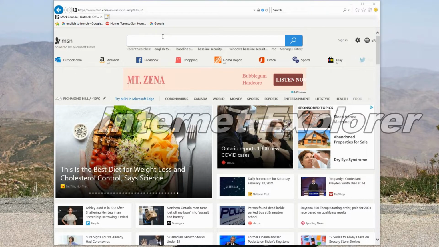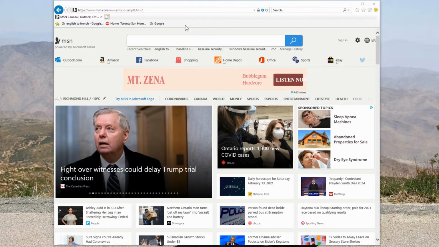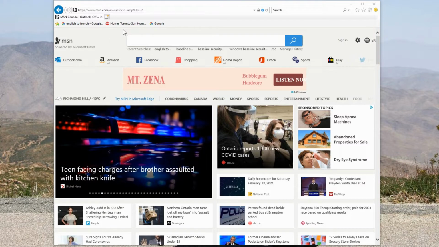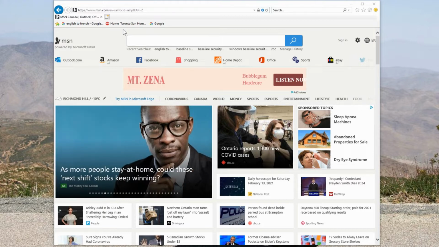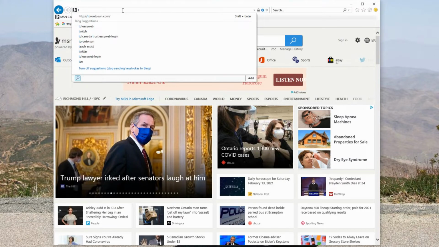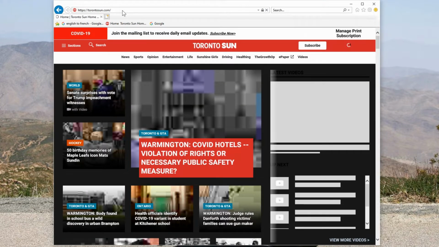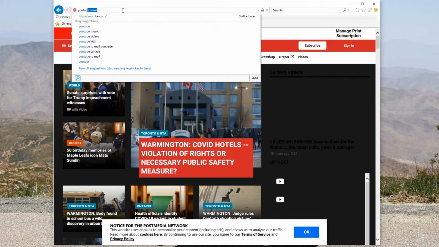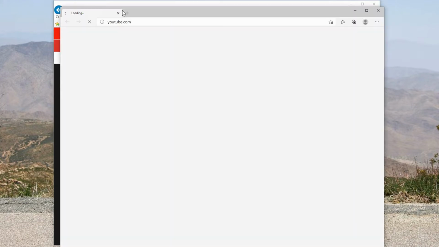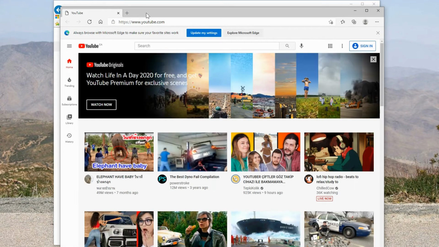So this is in Internet Explorer right now, and I've got a couple of bookmarks in here that I'm going to want to import, and it's got a home page here. Something you might notice is when you open Internet Explorer that it automatically launches the Edge browser. Even if you get into Internet Explorer, there are certain websites, which I tried. Even though I have this in my bookmarks, I'll just type it in, and I can call up the Toronto Sun, no problem. But something very interesting is if I go to YouTube, you see what happens now is it opens up Edge and takes me to YouTube.